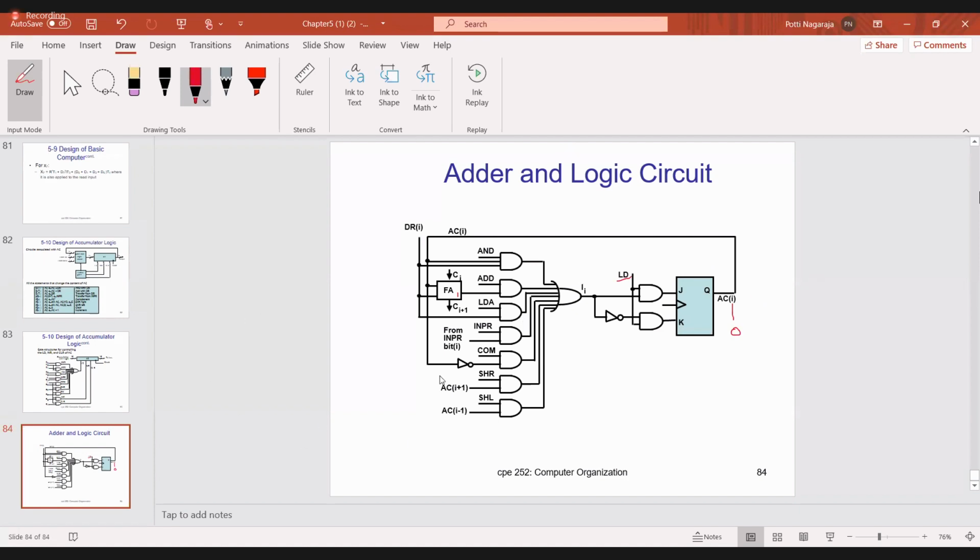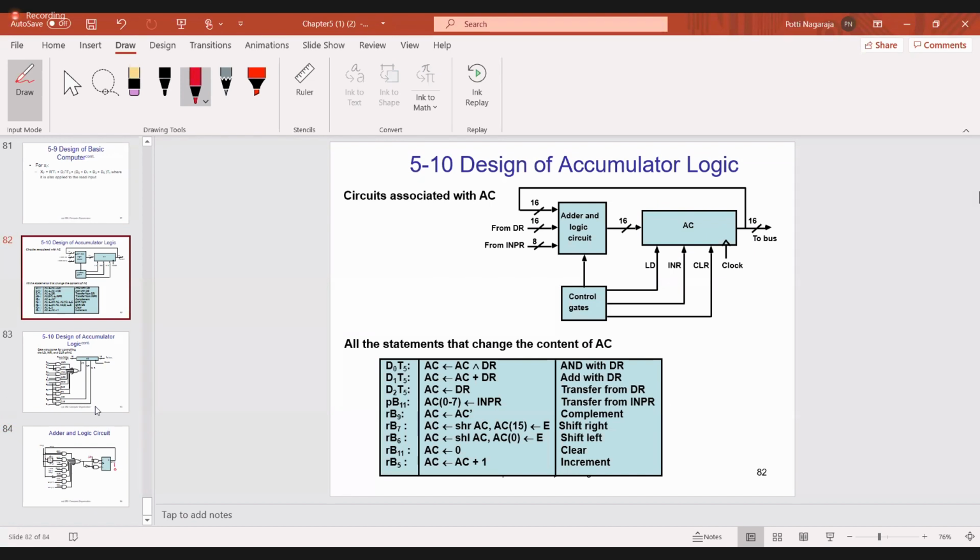This is the topic. Yesterday I said design of accumulator logic. I already said the accumulator is 16-bit, from the adder and logic circuit, with load input, increment, clear and clock. For the adder and logic circuit, the inputs are the output of the accumulator, the data register, and the input register, and the control gates will control the load inputs.